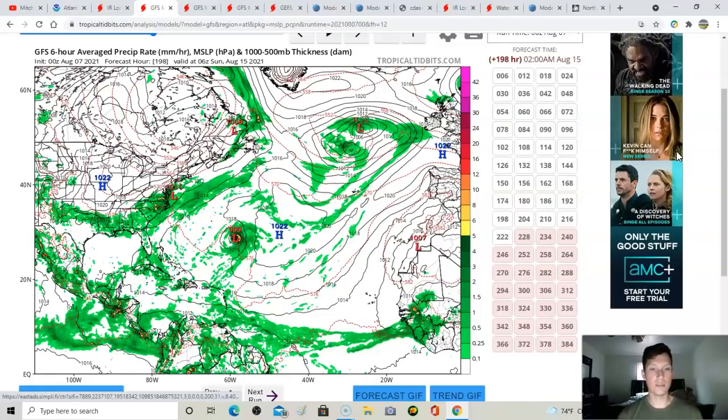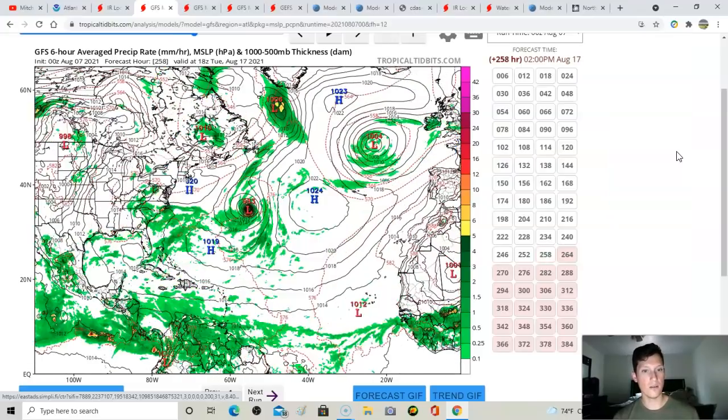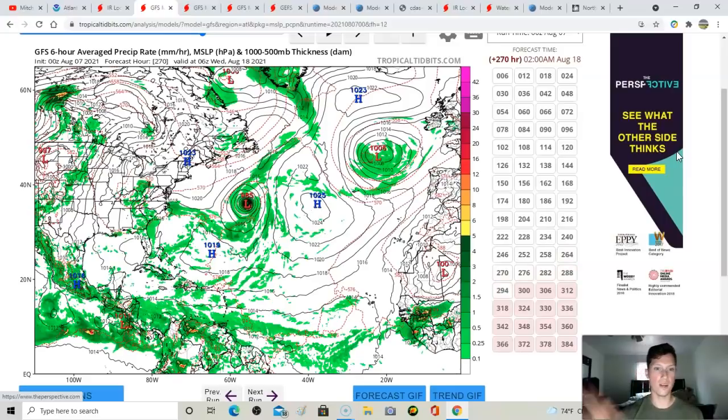Well, not big time. It's probably a low-end hurricane or high-end tropical storm. It rides around the Atlantic Ridge. There's decent warm waters out there, and has it as a full-fledged hurricane way out there as we get into next Monday. So this is about 8 or 9 days out. And then it carries it probably out to sea, not affecting land, just putting some big-time swells around